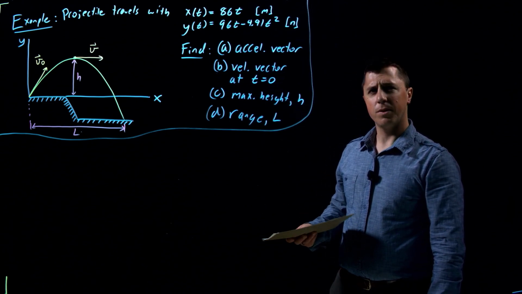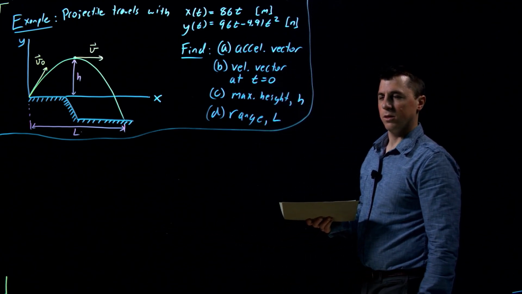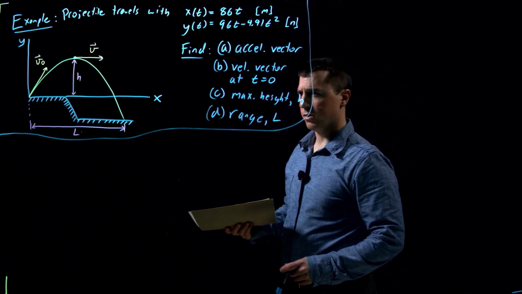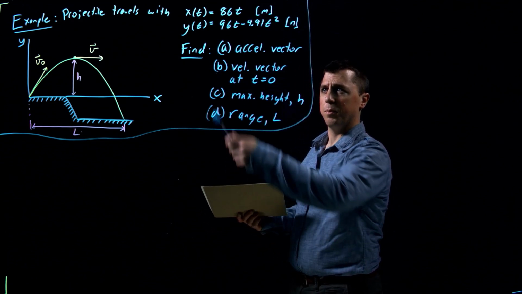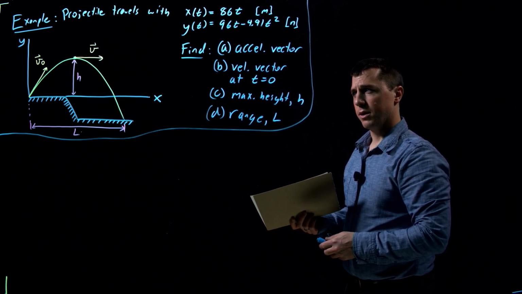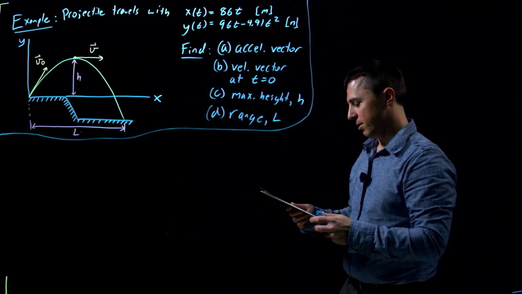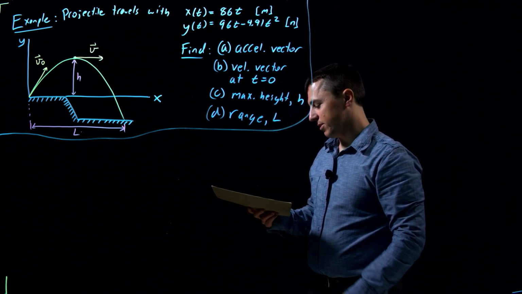Let's get to an example here of curvilinear motion with Cartesian coordinates, and specifically a projectile where we've specified the position, both x and y, in time. Okay, and we're going to find many things. I'll try to fit it up here on the screen. We'll find the acceleration vector,